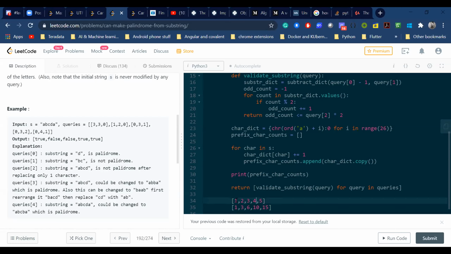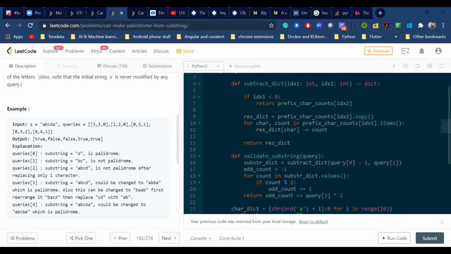I need to subtract the left index, right? So from 10 I need to subtract 1 so that I will get 2 plus 3 plus 4, which is 9. So 10 minus 1 is 9. Even this 2 has to be in my subarray sum, so that's why I'm removing the left part. Same way I'm decrementing 1, so I want the counts of 1 less than that.